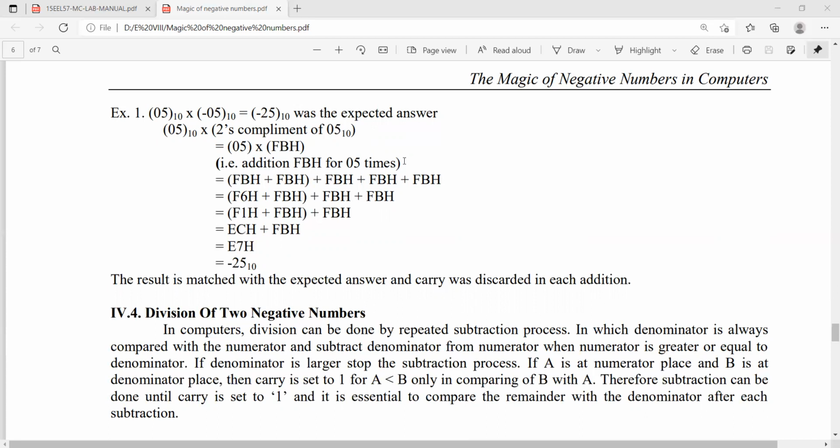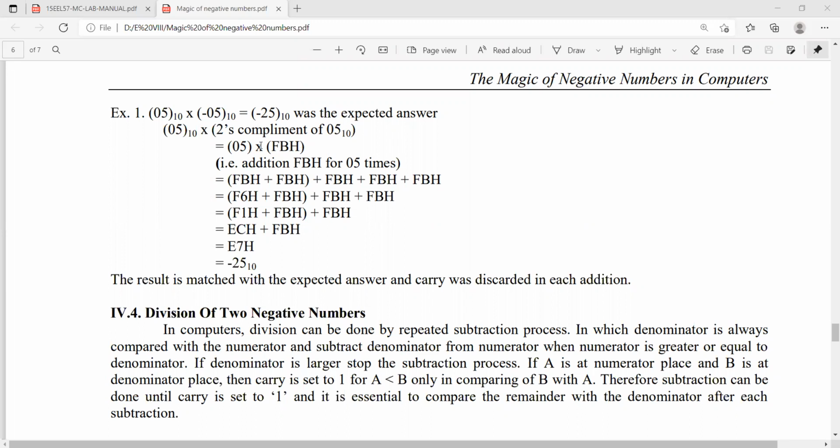process. So we can add, but as far as the 8051 microcontroller is concerned, there is a direct instruction for multiplication: MUL AB. That instruction you can use. So this number you can load in the accumulator, and this number you can load in the B register. Simply you can use the MUL AB instruction. That is sufficient to multiply the numbers.